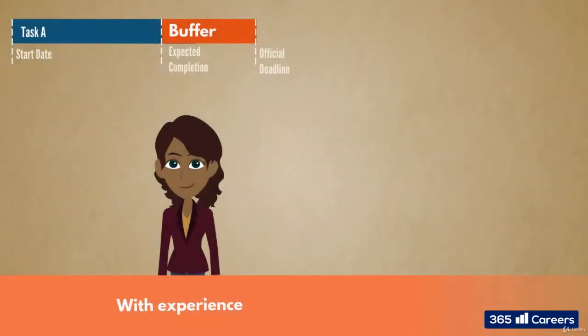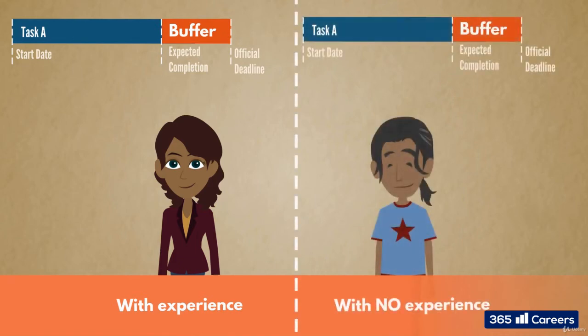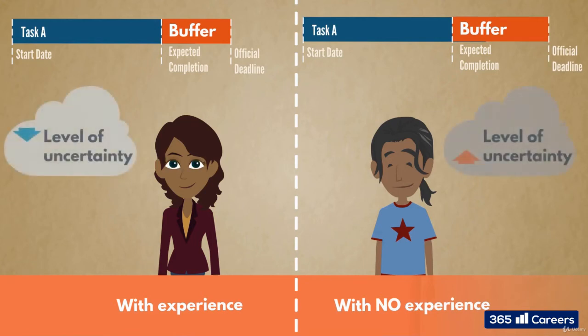Now lastly, the owner of the task is a factor. The head of recruitment who you have worked with for years and has a great track record will need a shorter buffer with her tasks as opposed to the recently graduated software engineer you just hired. It's not to say that they're bad at their job, but there is a higher degree of uncertainty.